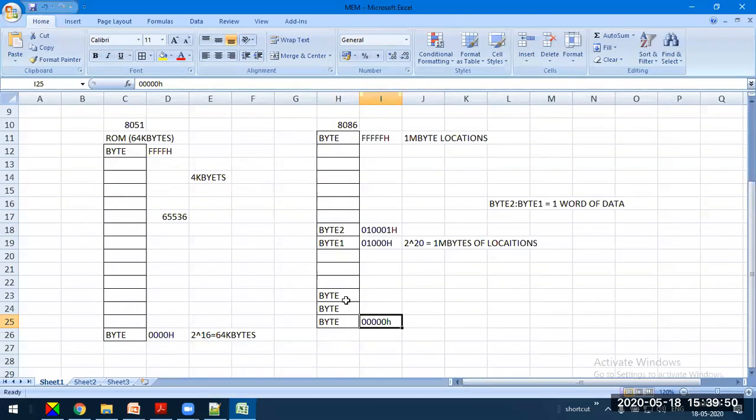The 8086 also stores 1 byte of data in one location. For example, in 8051, if the address is 1000H, it can store only 1 byte. Similarly, 8086 can also store 1 byte. In 8051 we cannot read 2 bytes because 2 bytes will not give one word in 8051, because it's an 8-bit processor. The 8086 is a 16-bit processor, so it can identify one word of data. Let's also observe that the lower byte, byte 1, is always stored in the even address, whereas the upper byte of a word is always stored in the odd address.